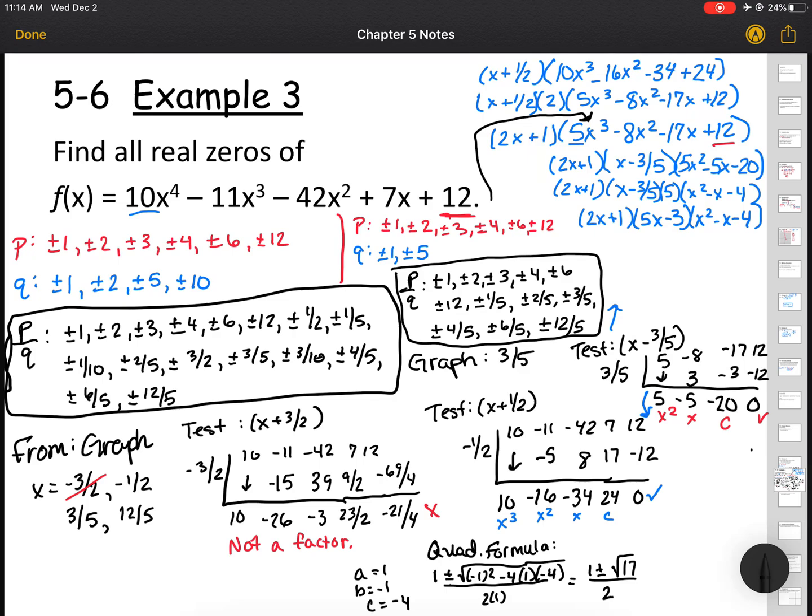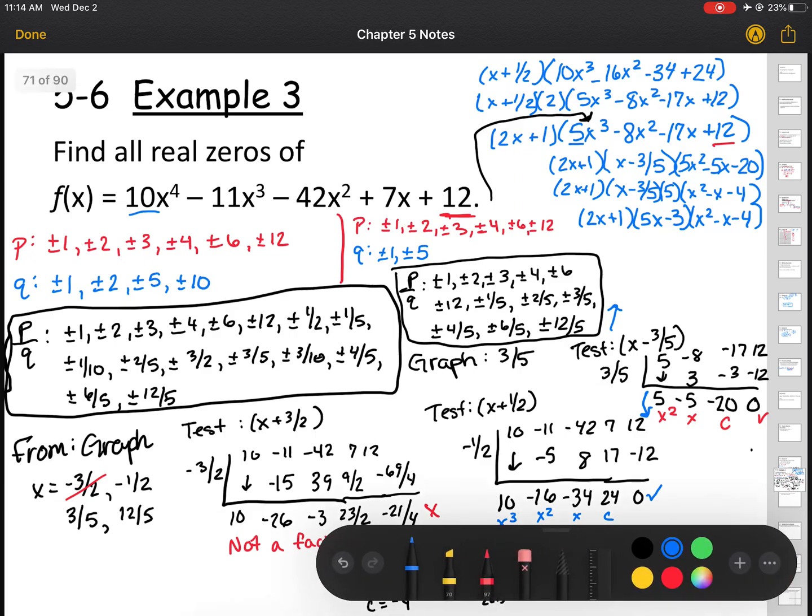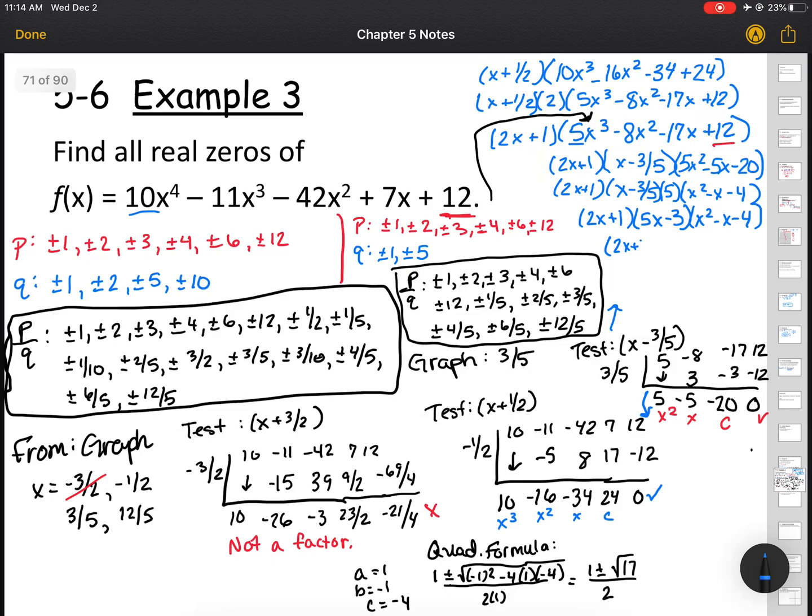Okay, so another factor here is the 2x plus 1, 5x minus 3, and then x minus 1 plus or minus square root of 17 all over 2. Okay,